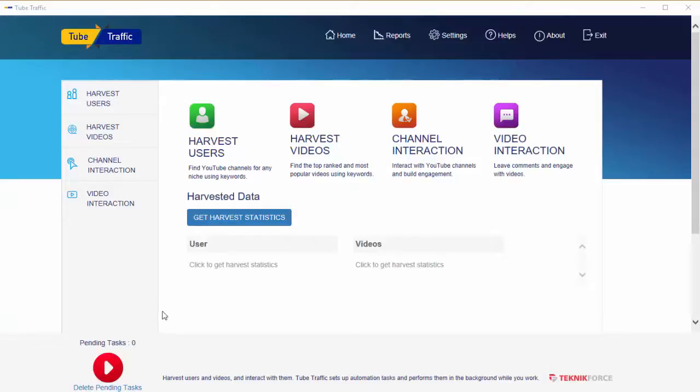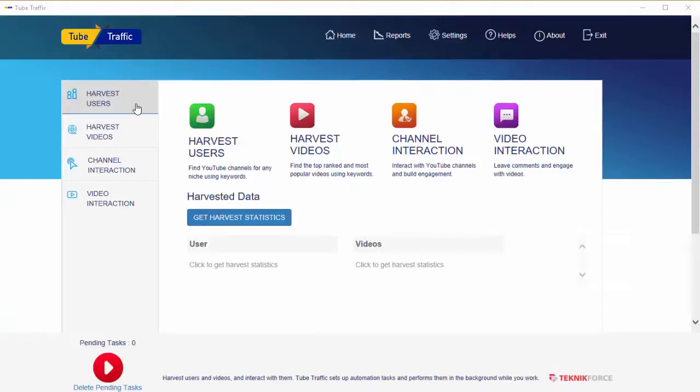Alright, so TubeTraffic is actually divided into 2 major sections. The harvest sections, harvest users and harvest videos. These 2 sections will help you get relevant channels and also relevant videos on YouTube where you can leave comments, because it's very important to find targeted channels and targeted videos which will help you get targeted viewers.